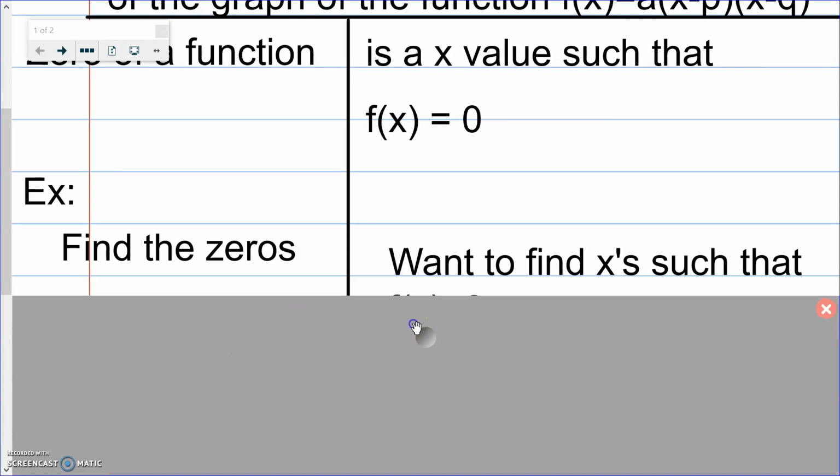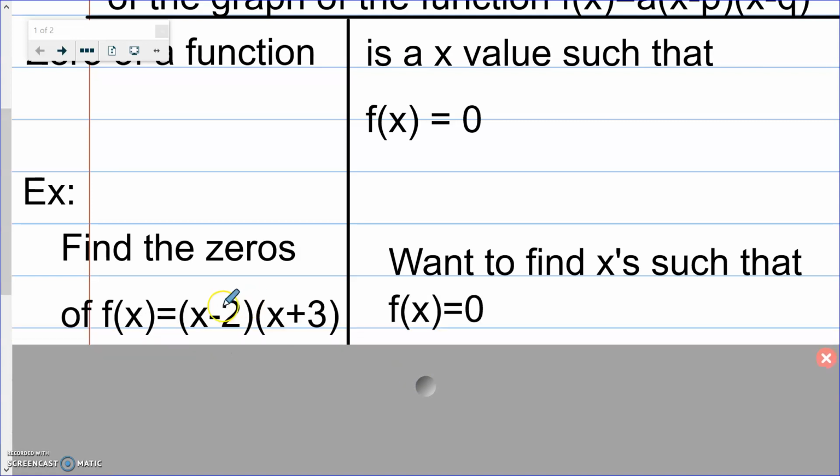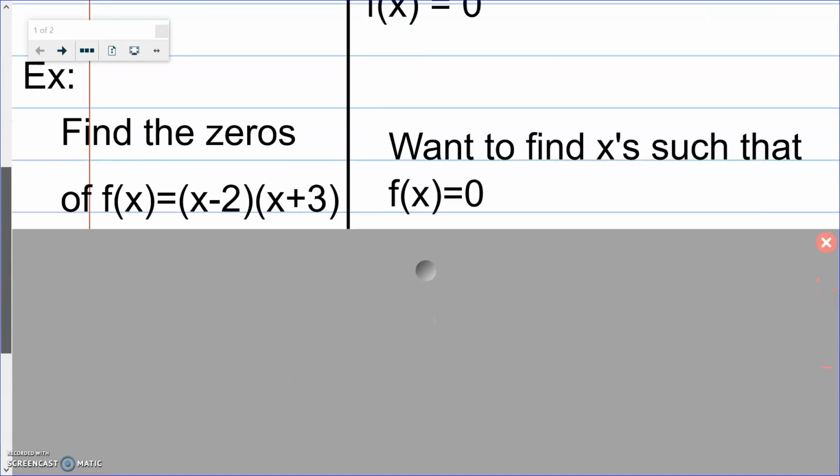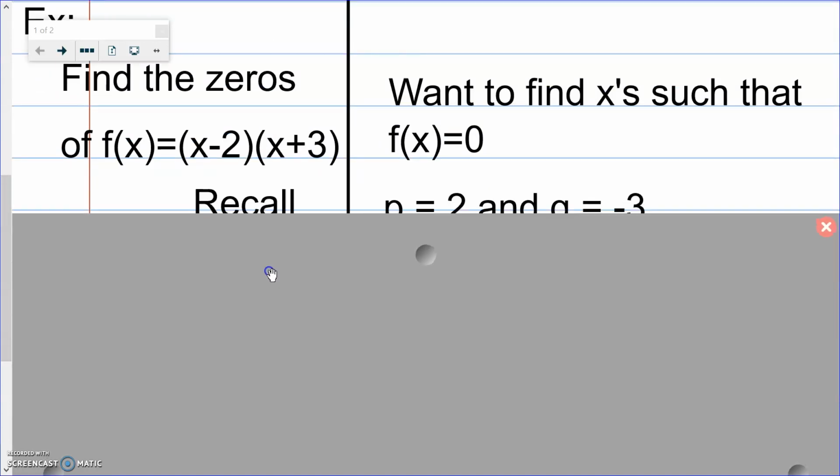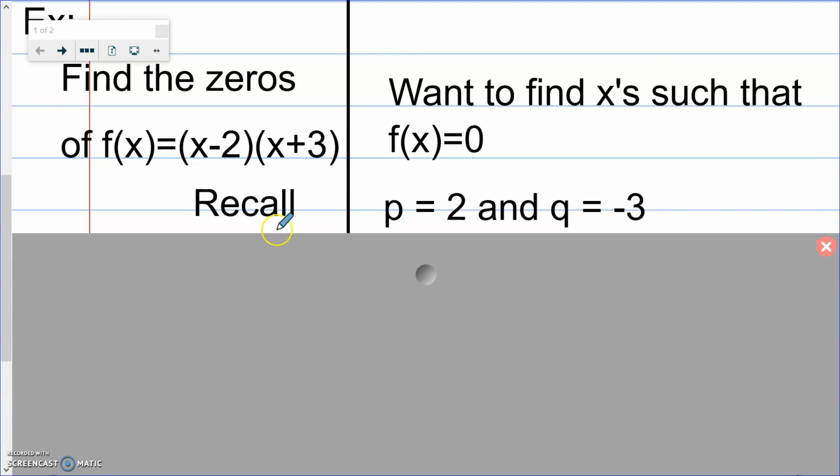We want to find the zeros of f of x equals x minus 2 times x plus 3. We want to find any x's such that f of x equals 0. So previously we talked about p being the opposite of this value right here. So p is positive 2, and q will be the opposite of positive 3. So q is negative 3. These end up being our zeros. And so